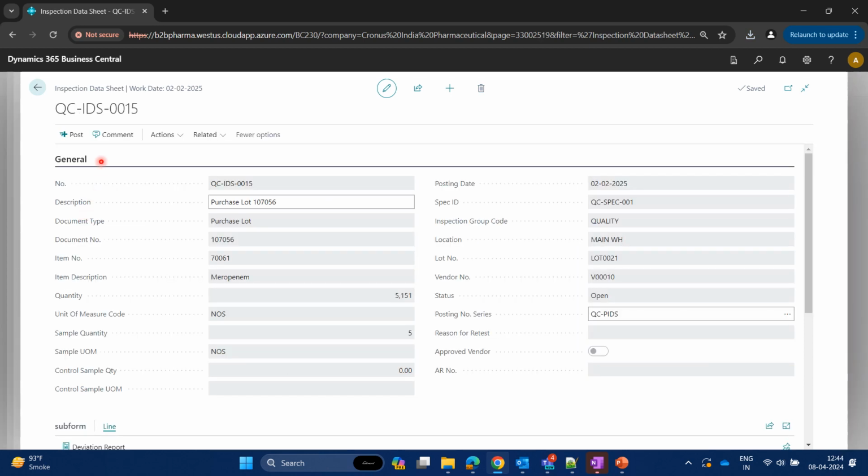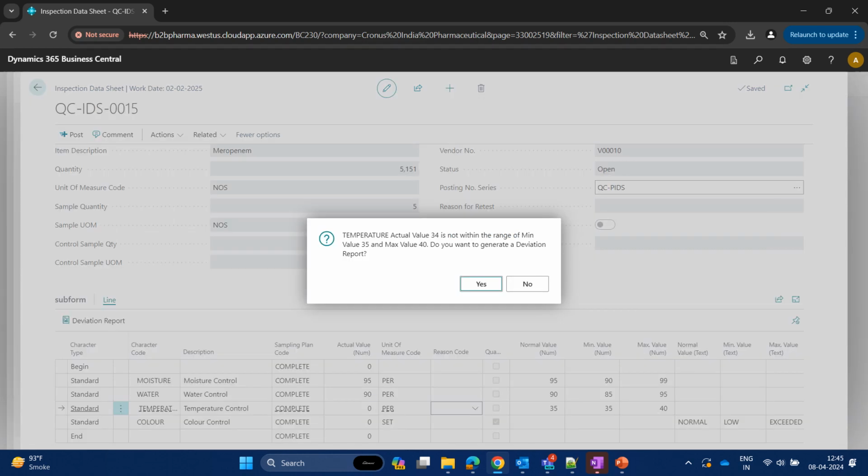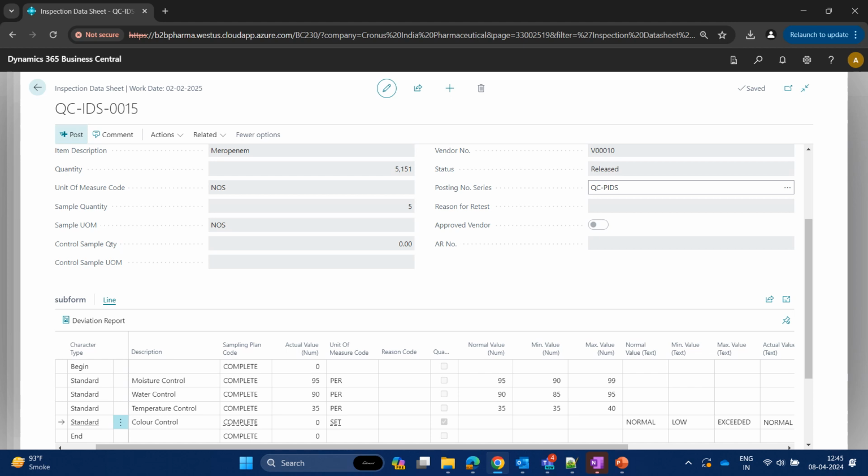As seen, the data inspection sheet is created. During the QC team's testing, if they identify that one of the test results is not within the accepted range, the system shows a notification during input and asks whether a deviation report needs to be generated. If all the test results are okay, enter them in the actual value number